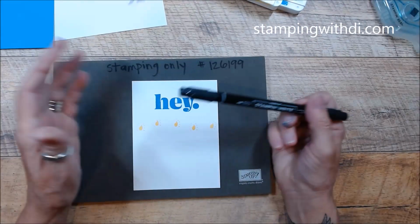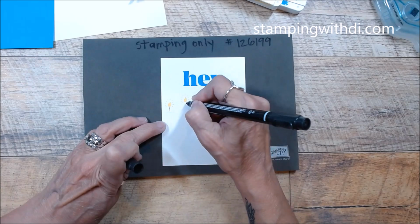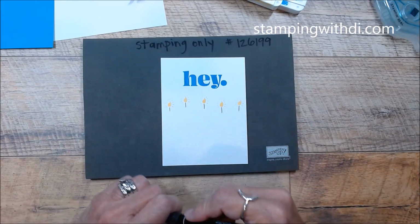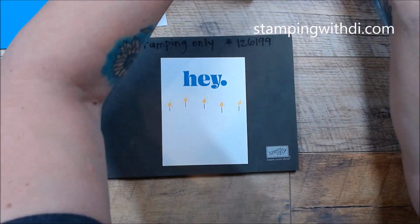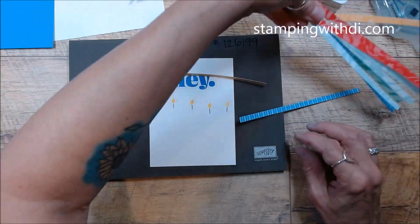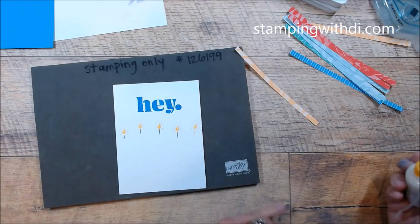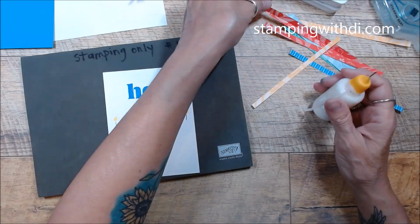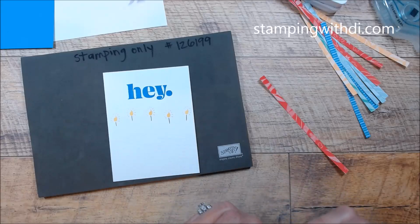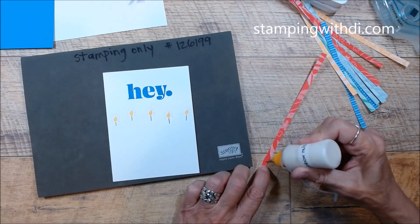Then I'm going to take my basic black, just like I did before, and I'm just going to draw a wick. And then we're just going to use our DSP. And this time I'm going to use my green tip glue. Alright, so let's find. I did up and down stripes, back and forth stripes, patterns. I just had fun. Alright, so I'm just going to do my green tip glue